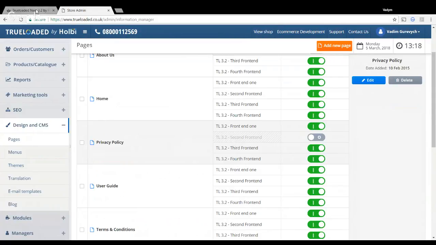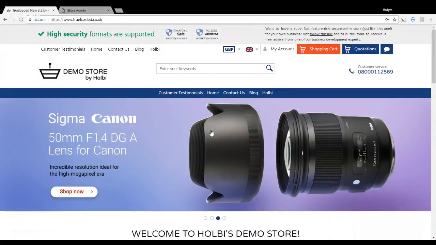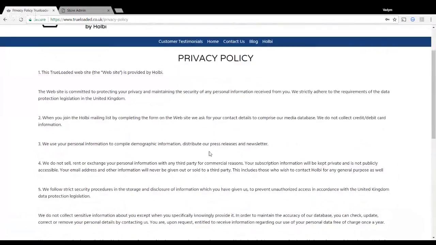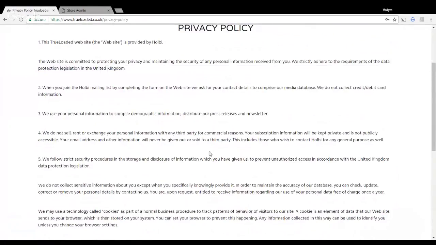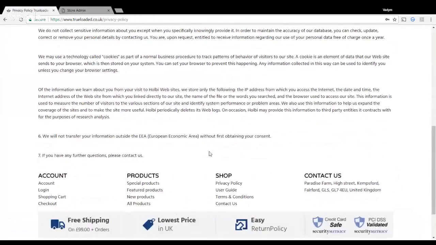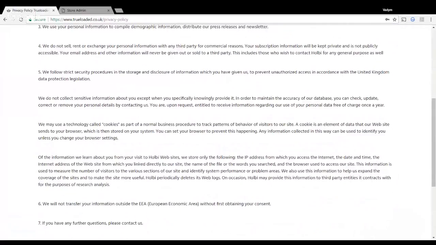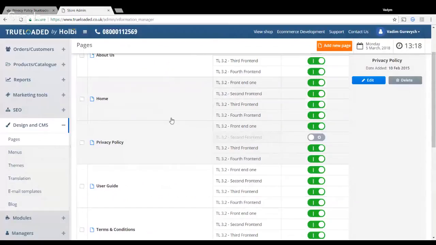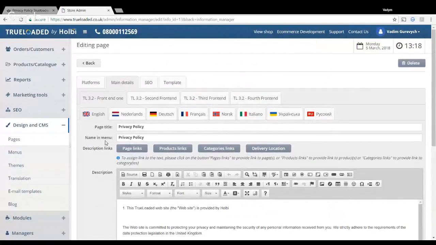So let's find this privacy policy in the front end and see how it looks. Here it is. The privacy policy page is just standard text, pretty much. It describes certain measures that the website takes to store information about customers and everything else in its database. So if we go into the backend again and press edit,